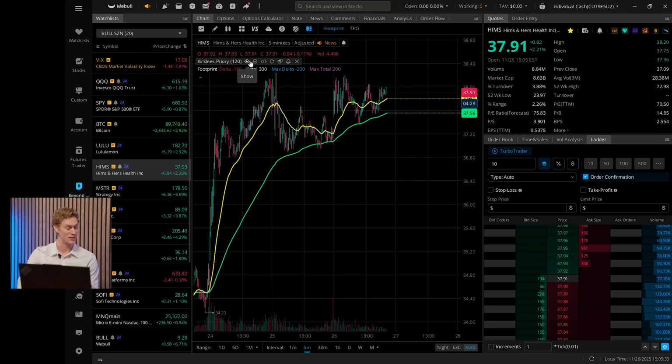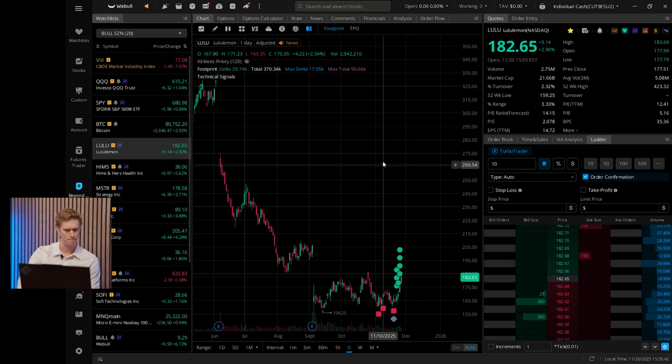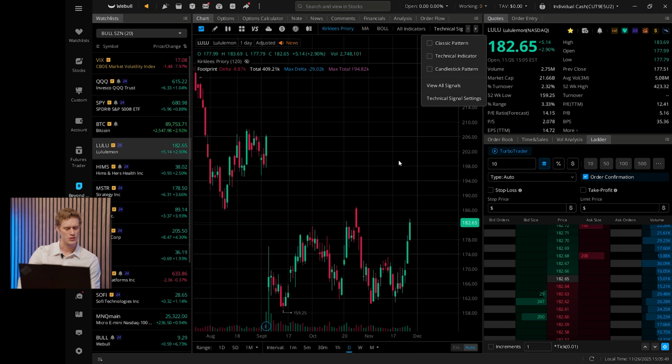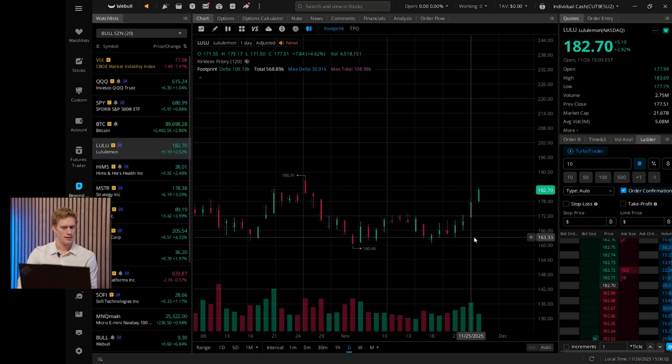So I'm going to remove Kirklees Priory to see more. And let's look at a different stock and see what it's looking like on there. So just for this, I'll also remove these technical signals just to clear my screen a little bit and slide over that widget. And you can see I have the order flow, the footprint indicator on my chart currently, but it doesn't look like anything has changed. As I zoom into the candle, I'm going to get a more precise level of detail